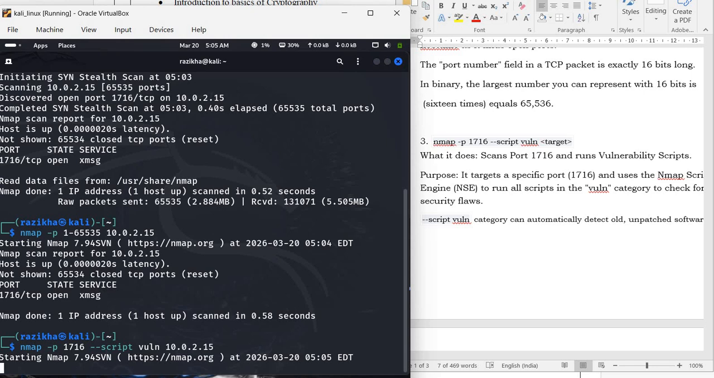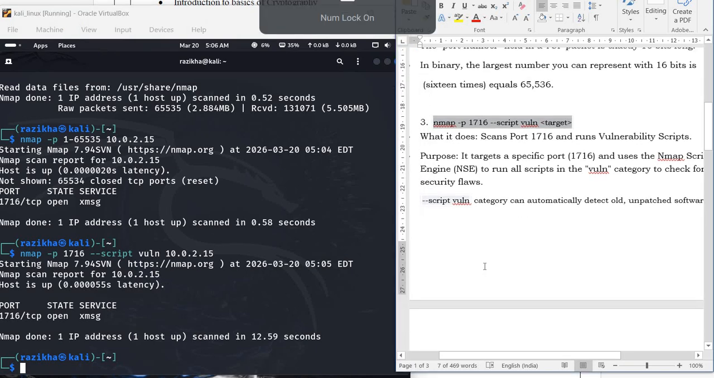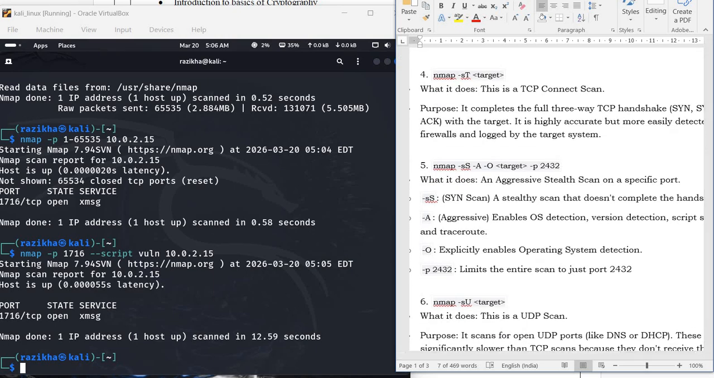This may take a couple of minutes. The script category can automatically detect old, unpacked software and things like that. So this command runs the script for this IP address and this particular port number, 1716, which is a TCP port. The port state is open, the service is TCP. One host is up and the scan is done; the nmap report for the given IP address is mentioned likewise. So moving on to the next command, that is nmap